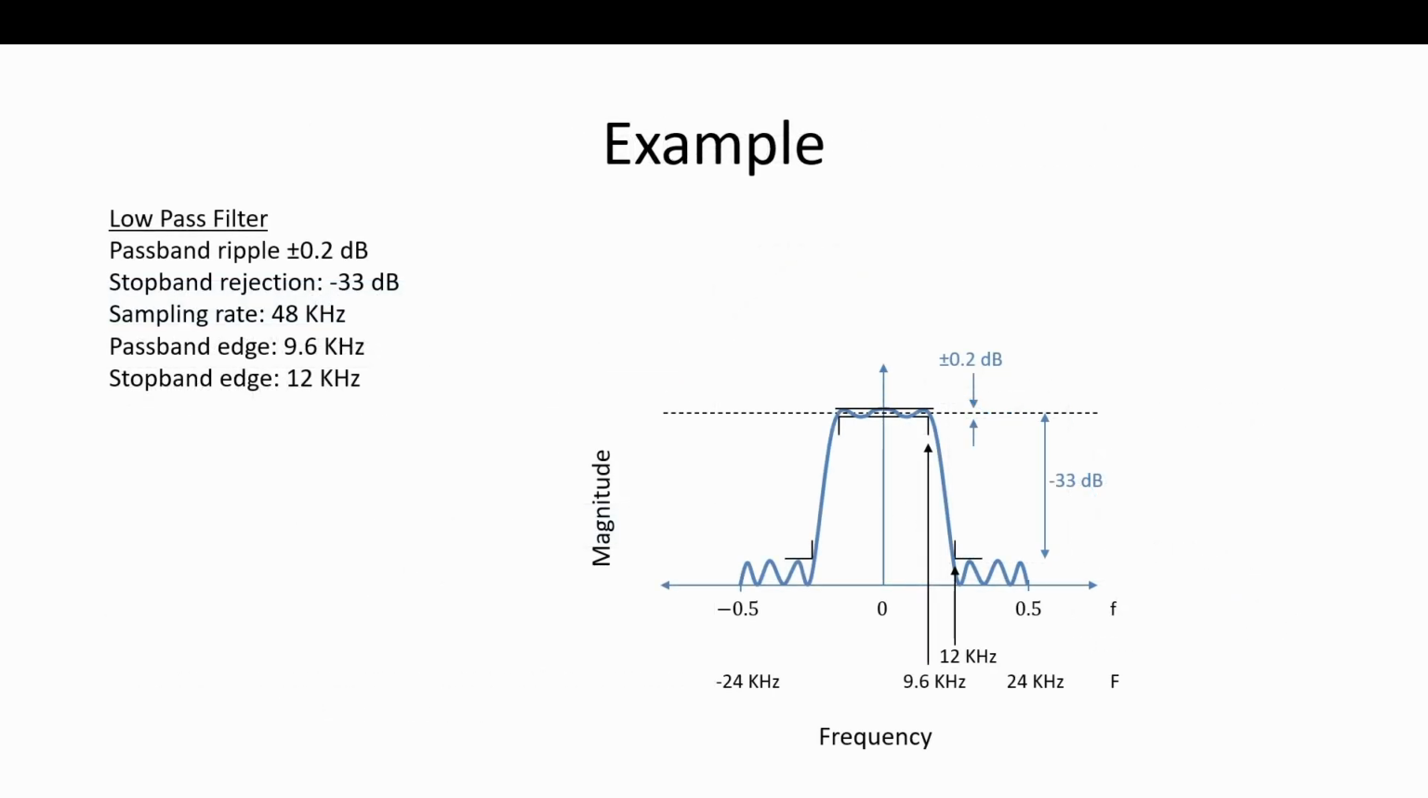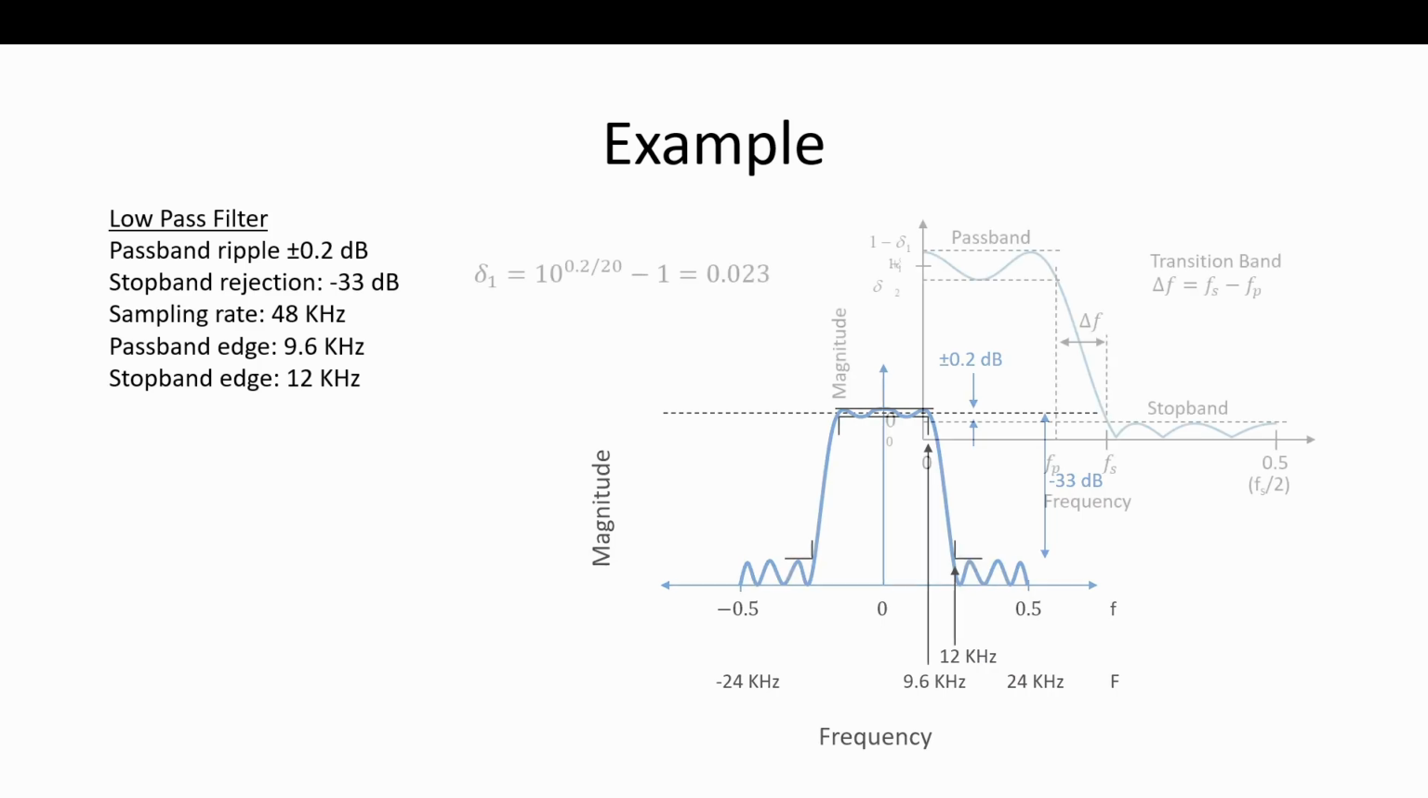So here's an example. So with it, let's make this a little bigger. Yeah, so this is a low-pass filter with a passband ripple of plus or minus 0.2 dB, stopband rejection of 33 dB, sampled at 48 kilohertz, so it sounds like an audio low-pass filter. And it's got a passband edge of 9.6 kilohertz and a stopband edge of 12 kilohertz. So we're going to carry that through the different design techniques going forward,